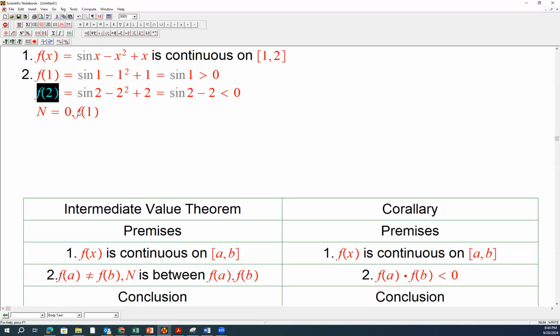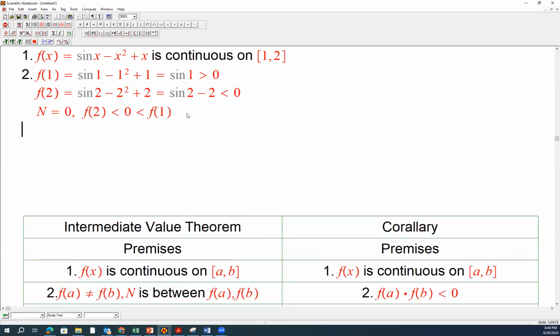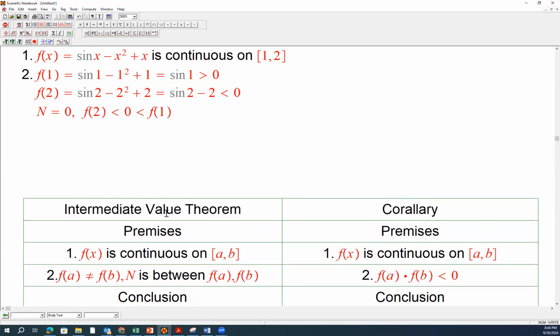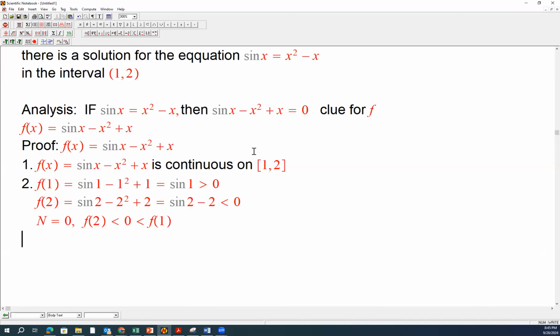f of 2 is less than 0, and 0 is less than f of 1. If you insist on doing this, I have no objection, okay? But it's not entirely necessary because it's pretty obvious. And then we're going to apply the conclusion of that theorem,